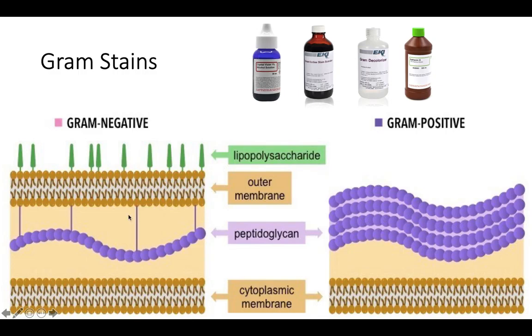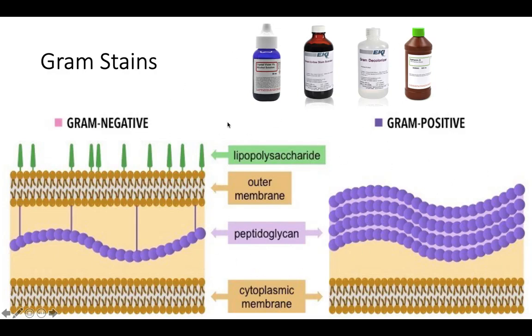So gram stains are the very first step of diagnosing patients. You get a patient sample, you grow it in a lab. The very first thing you're going to do is gram stain it. If it's gram positive, you'll go on this step over here for diagnostics. If it's gram negative, you go on this step over here. The antibiotics for each one of these do not work on the other one for the most part. So this is a very important step to be able to learn to do properly so you can